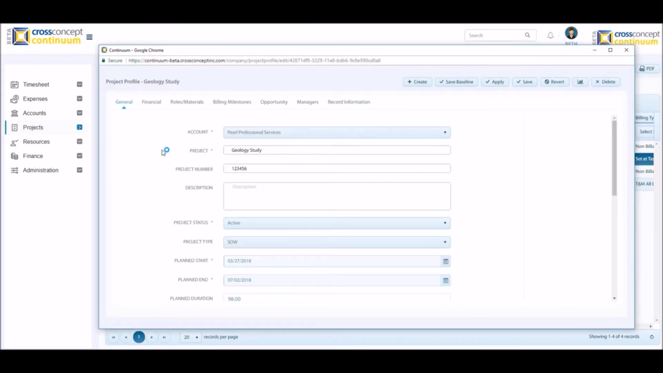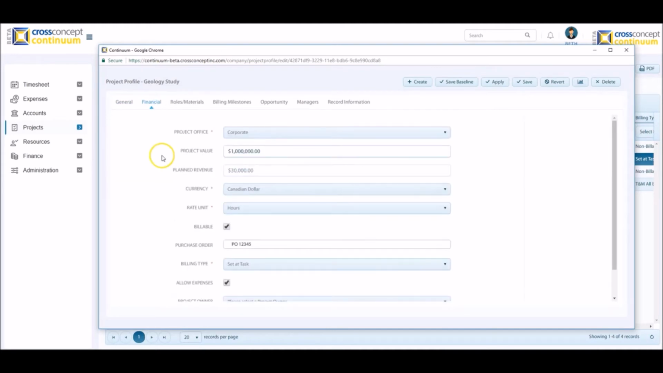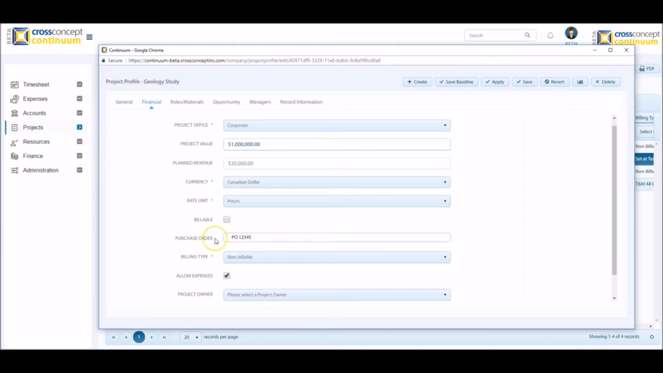In order to be able to create a new billing milestone, we need to ensure that the project is set as billable. Under the Financial tab, we need to select the Billable checkbox. Please note that if the Billable checkbox is not selected, the only option available in the billing type drop-down will